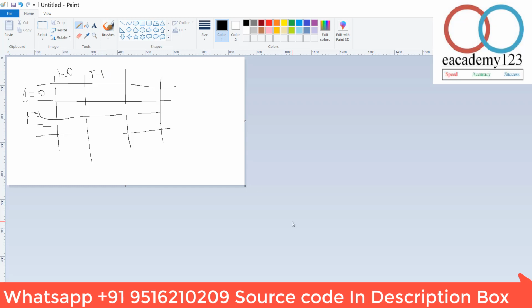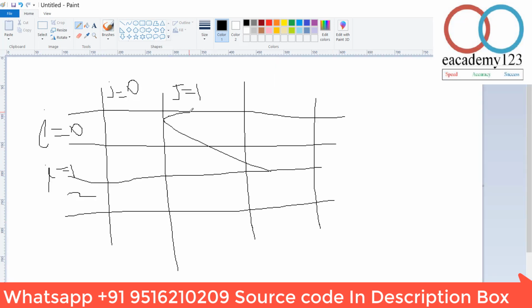Okay, like that we are making it. If I make it more proper, here i equal to 0, i equal to 1, i equal to 2 and i equal to 3. As the number of lines increases, you can say 4, the number of rows will increase. So the first loop will iterate, and j equal to 1, j equal to 2, and you can write j equal to 3 or 2 and so on. It is the second for loop.